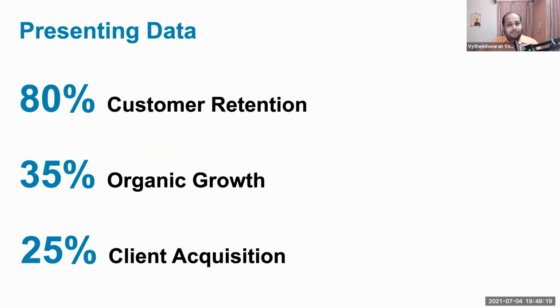If you are not a big fan of charts like the previous screen, you can even show something like this. This is very simple yet very effective. You're showing the numbers, and this really hits hard. This sustains the attention of your audience when you're talking about these points and elaborating on them.